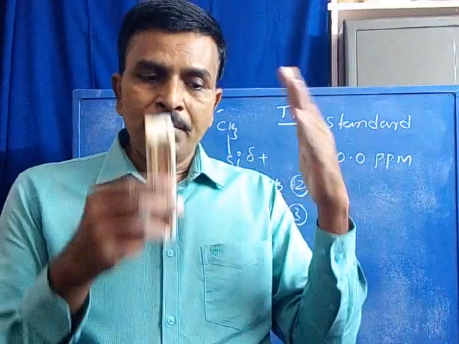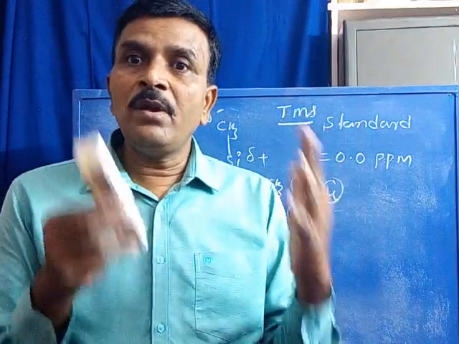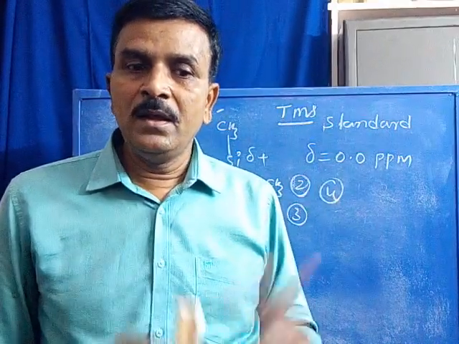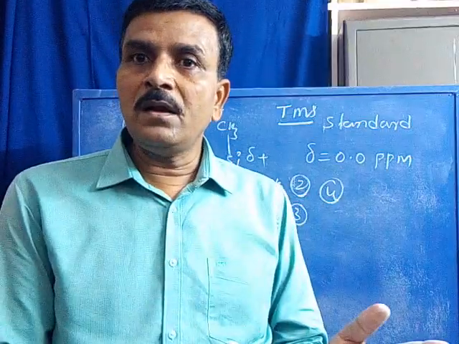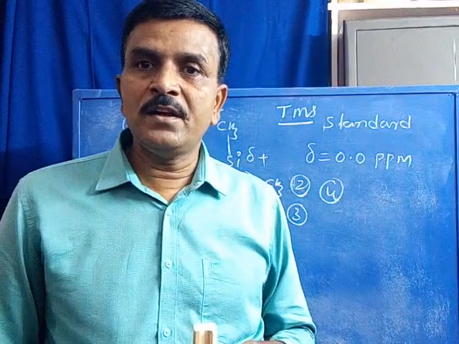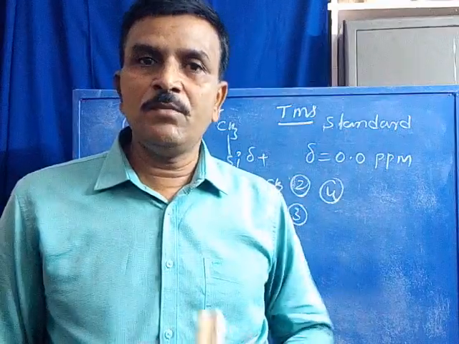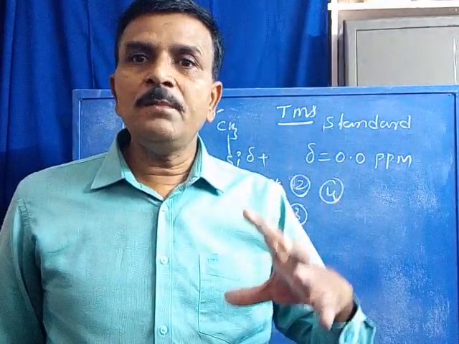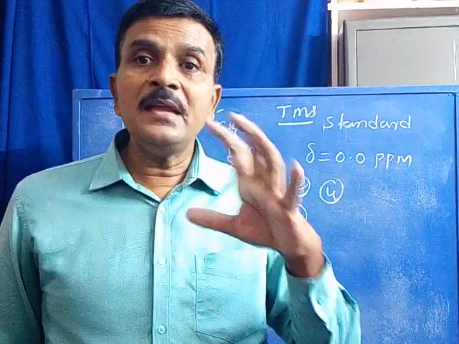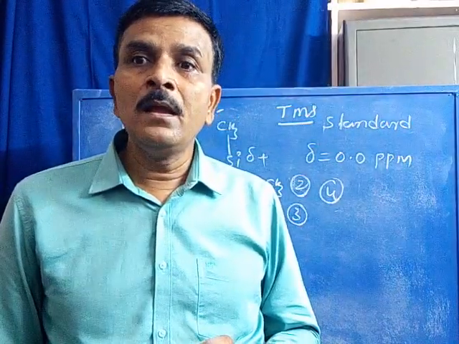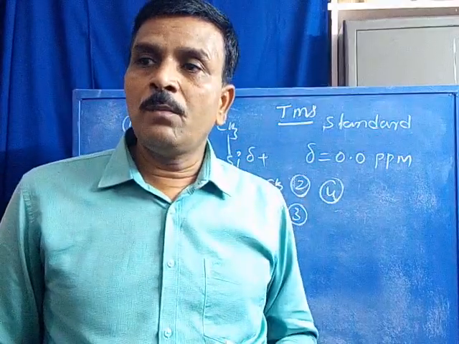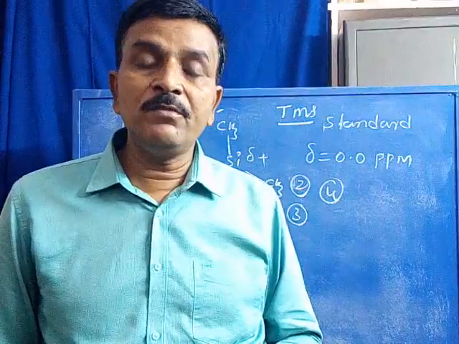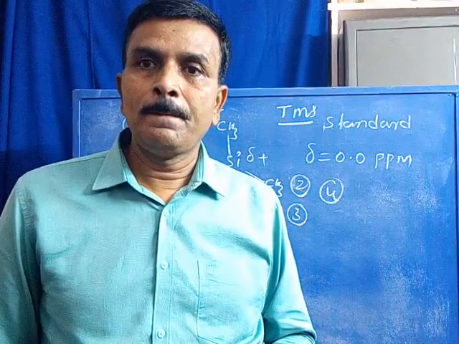Now the sample is dissolved in a suitable non-protic solvent depending upon the solubility of our sample. If the sample is soluble in water, then it is dissolved in deuterated water. If the sample is soluble in CCl4, then it is dissolved in CCl4. In that way, the solvent selection depends upon the solubility of the sample molecule. Now here,